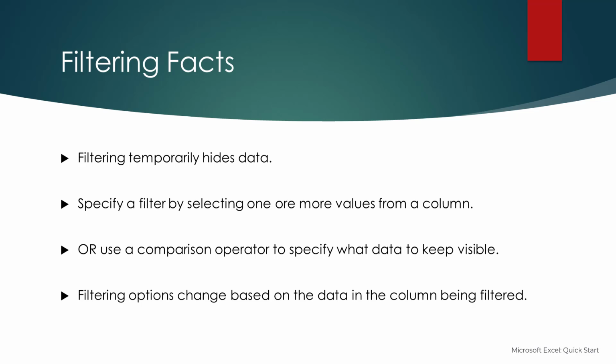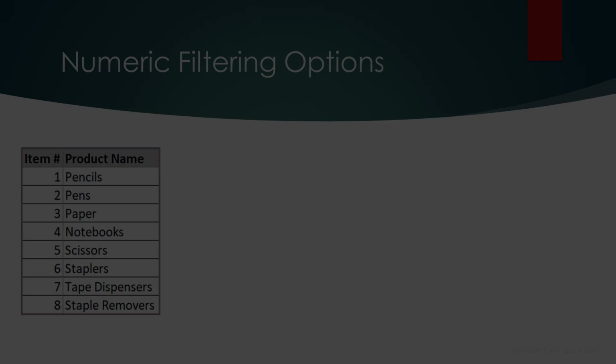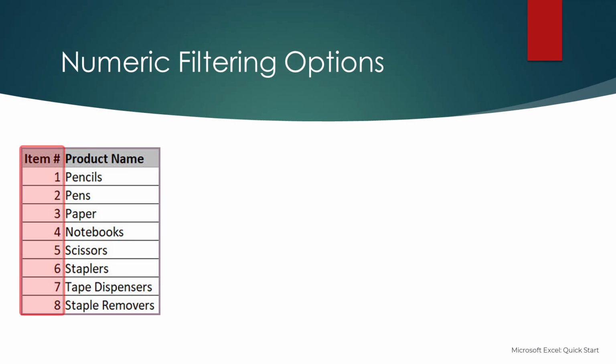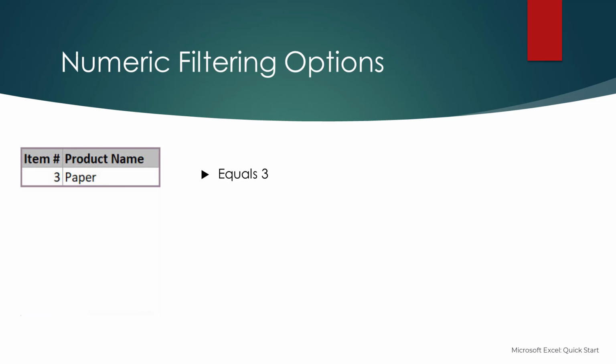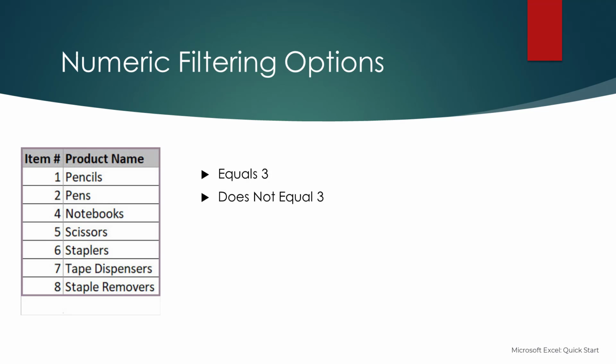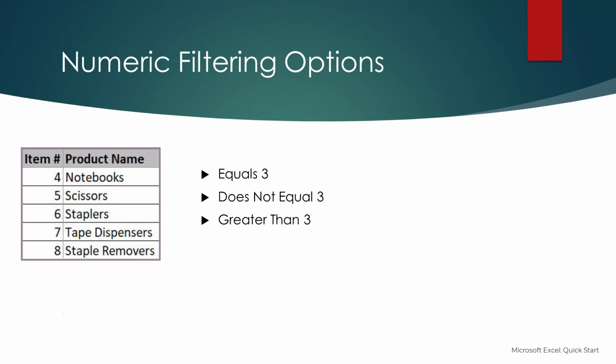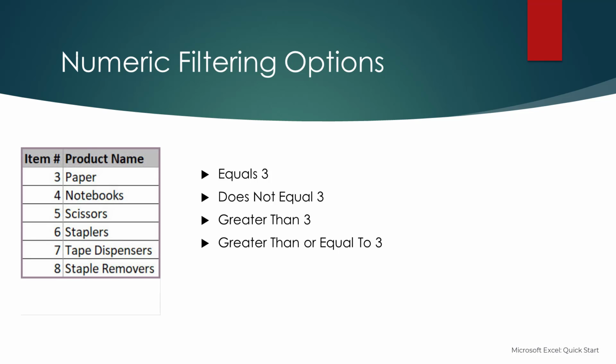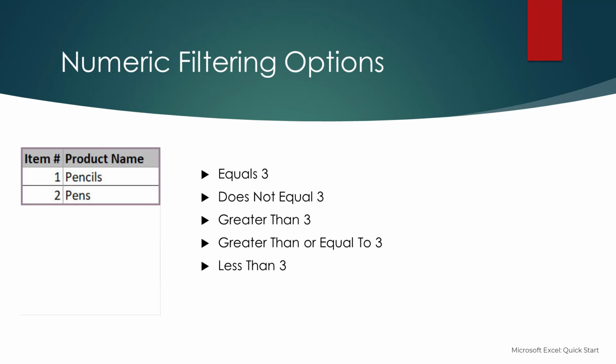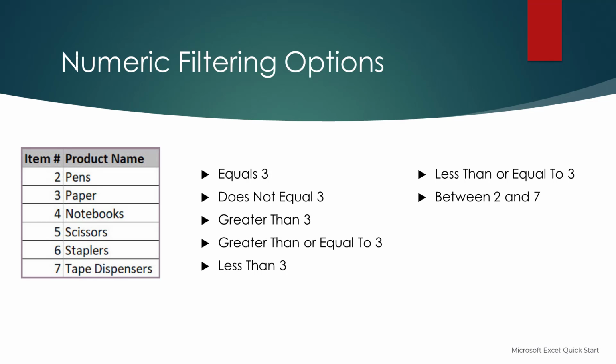For instance, you have different filtering options for columns that contain numbers than you do for columns that contain text values. If we wanted to filter this data on the number values in the item number column, some possible filters would include equal to 3, which would return item number 3, not equal to 3, which would return all items except for number 3, greater than 3, which would return items 4 through 8, greater than or equal to 3, which would return items 3 through 8, less than 3, which would return items 1 and 2, less than or equal to 3, which would return items 1, 2, and 3,